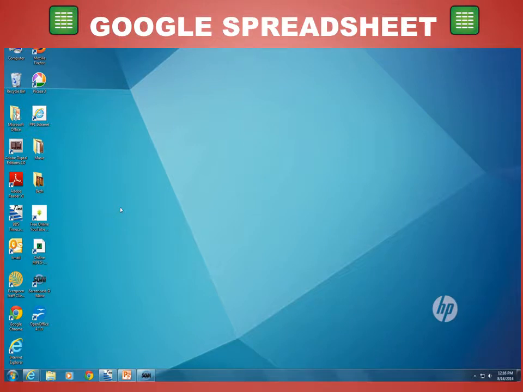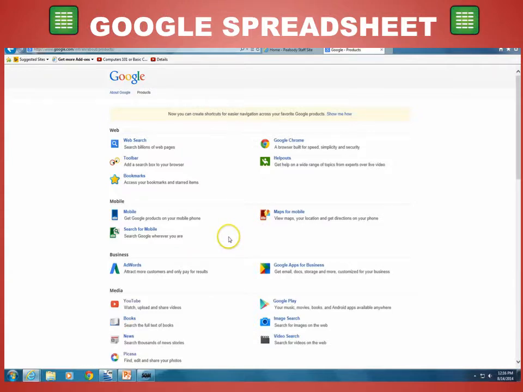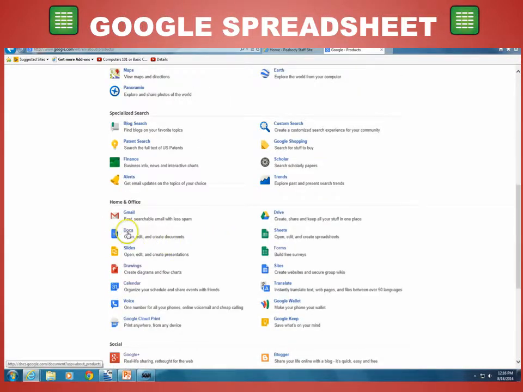In this section, we're going to be talking about some more about Google Docs, except now we're going to move on to Google Spreadsheet, which is very similar to Microsoft Excel. So again, just like we've been doing, we'll need to get ourselves onto the internet, and here I am on Google, and again, there's my apps, and I'm going to go to more, even more apps, and we're going to find the Google Docs or the spreadsheet in the same location that we found the Docs,